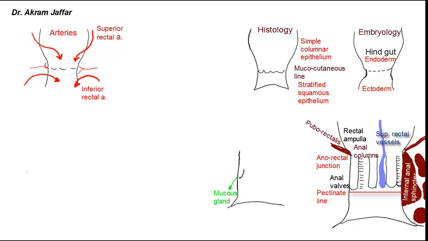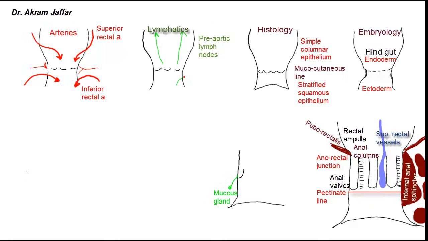This is an inconstant branch, and it is derived from the internal iliac artery. The lymphatics, to some extent, follow the blood supply. So lymphatic vessels from the upper part of the anal canal are drained together with the inferior rectal vessels. They are drained into the inferior mesenteric and therefore to the pre-aortic lymph nodes, while lymphatics from the lower part